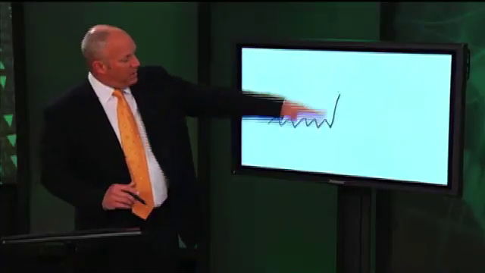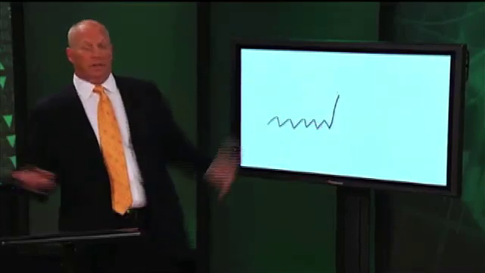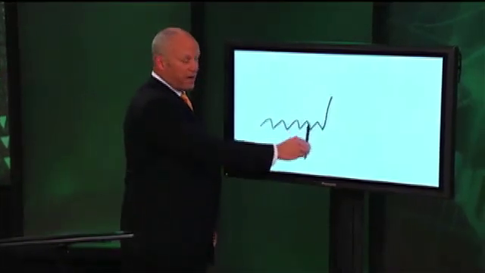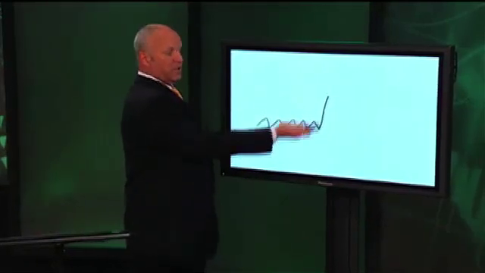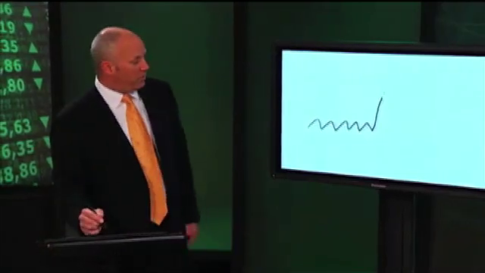Let's say you've got a stock that's just bouncing along a little bit, and one day maybe it announces earnings, maybe it announces a new product development, maybe a cure for cancer, and the stock shoots up on the news. This is a nice little spike in trading. If you happen to own the stock here, that's wonderful, everything's great. But most of the time, if you're an option trader, you don't own it. This is a consolidating pattern. You're not in this position. All of a sudden, you see this huge spike, and you think, oh, it's too late to do anything with that. Well, usually what happens here,